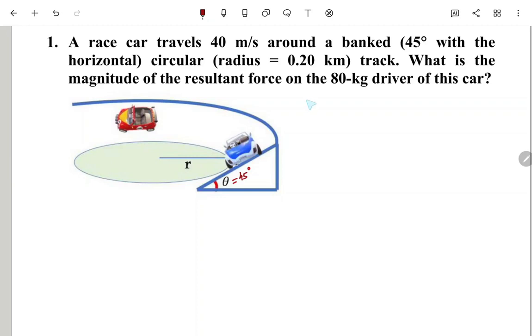Now the question is, what is the magnitude of the resultant force on the 80 kilogram driver of this car? Now sum of all forces on this one here is equal to mv square over r, and this is actually the net force here. Now the mass equal to 80, and v in this case is 40 square divided by the radius for the circular path, which is 0.2 kilometers, it's 200. And in this case here, the net force or the resultant force on the 80 kilogram driver is equal to 64